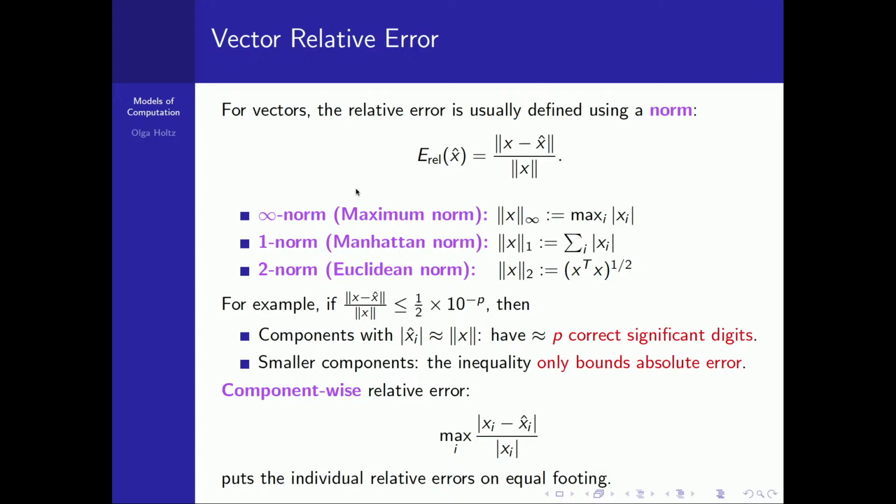And so you can say, all right, let's go component-wise. And so component-wise, we want to form this relative error. And sometimes we want to have an estimate, an error bound, which is very strict about this, and it really maximizes the error bound component by component. So then all components are put on equal footing.